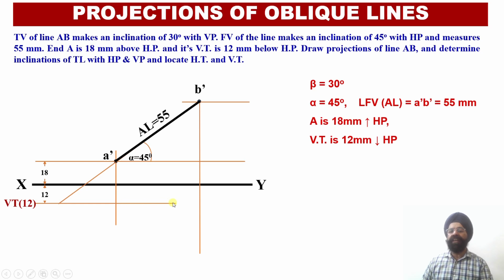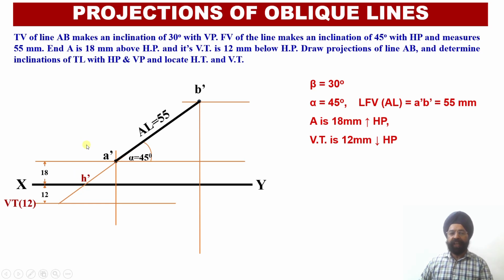Now where does the vertical trace lie? Vertical trace will be lying over here only when, if I extend this elevation projection line, wherever this extended elevation projection line meets this particular locus line, that is the horizontal locus line corresponding to the vertical trace, my point corresponding to the vertical trace, that is V dash, will be located. But before we draw V dash, since I have extended this elevation projection line, first of all I have to evaluate the point where it intersects the XY reference line. So here my point H dash will be located.